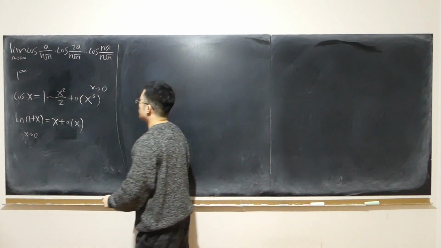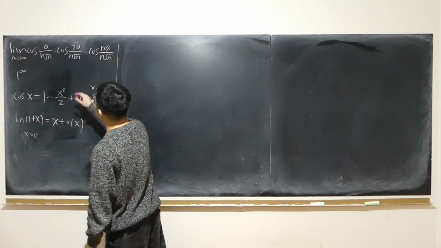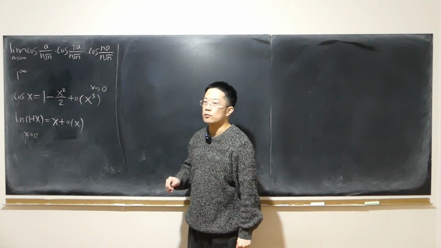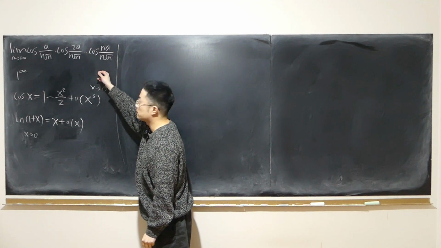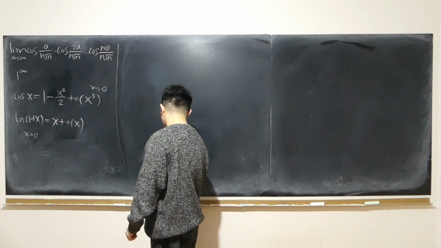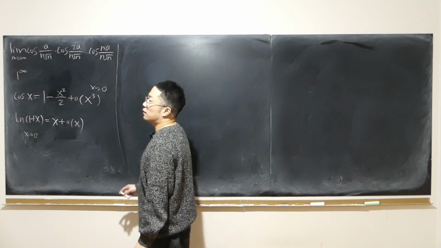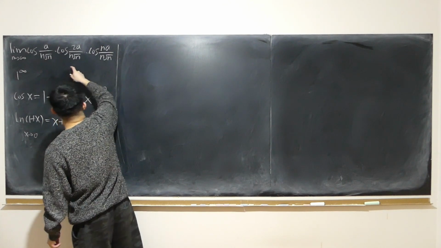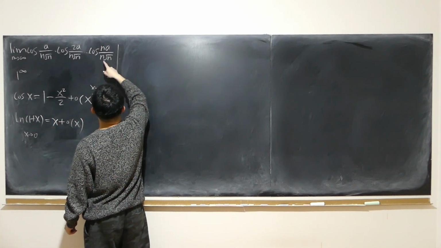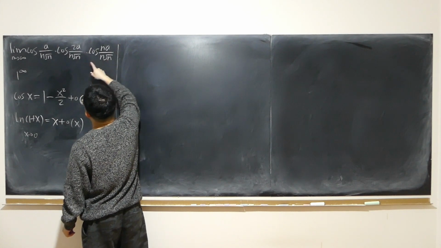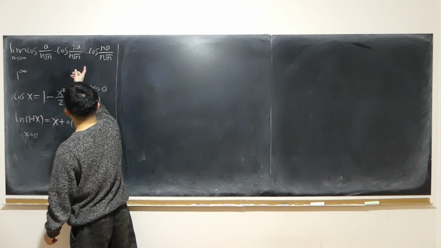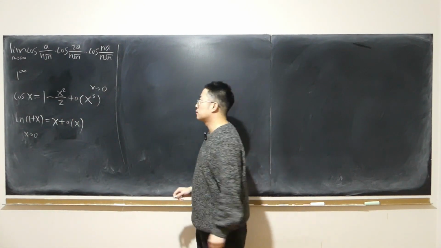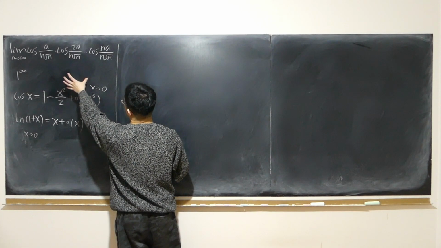Here we have a limit as n approaches infinity of cosine of a over n times square root of n, times cosine of 2a over n times square root of n, all the way up to cosine of n times a over n times square root of n. Now, this is obviously an undetermined form, right? Because every cosine, the angle is approaching 0. And even this angle is approaching 0. The n's cancel out, so every cosine is approaching 1. How many? n many of them. 1 to the infinity.